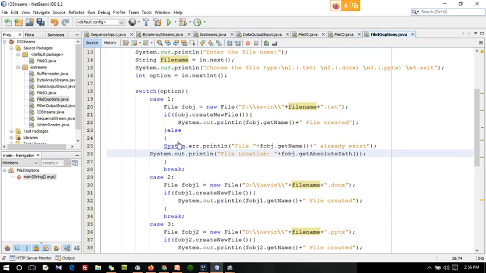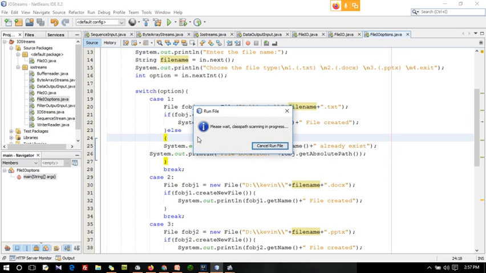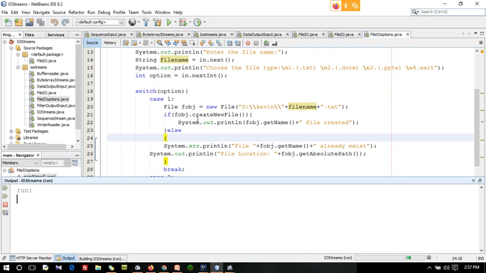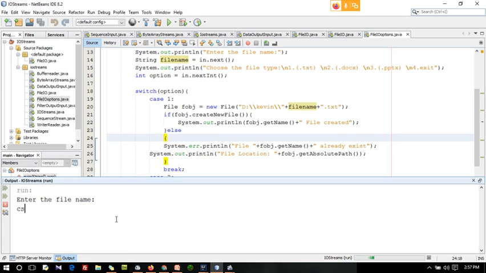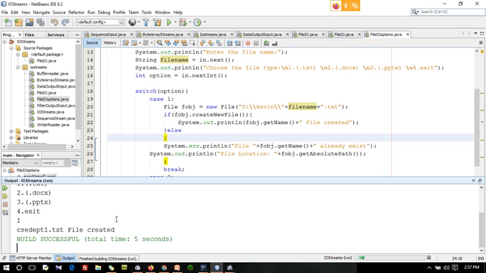File already exists. I will run this again. Enter file name cscdept, first option. Yes, now it is working. The file is already available. I am giving cscdept1. Option 1.